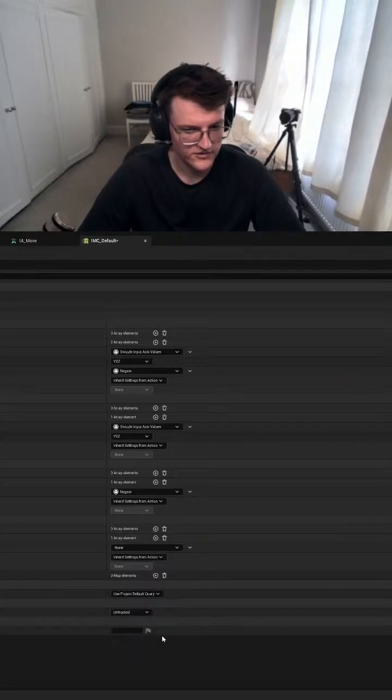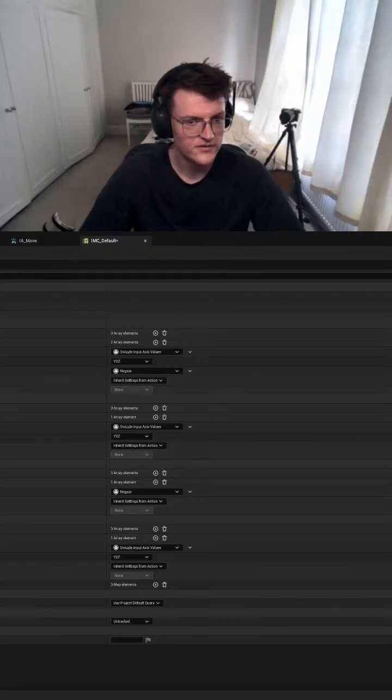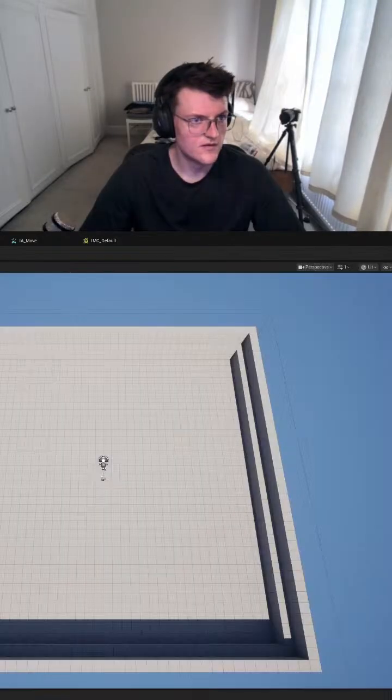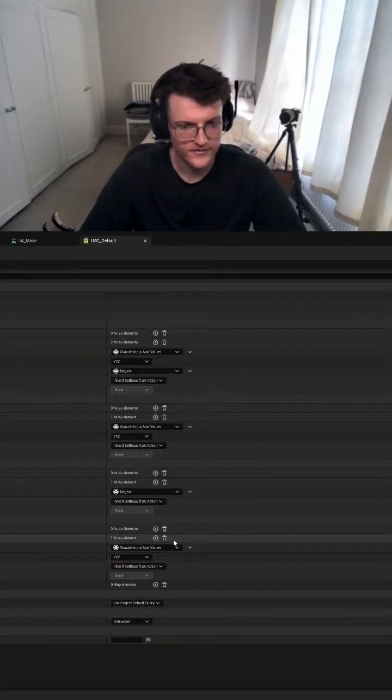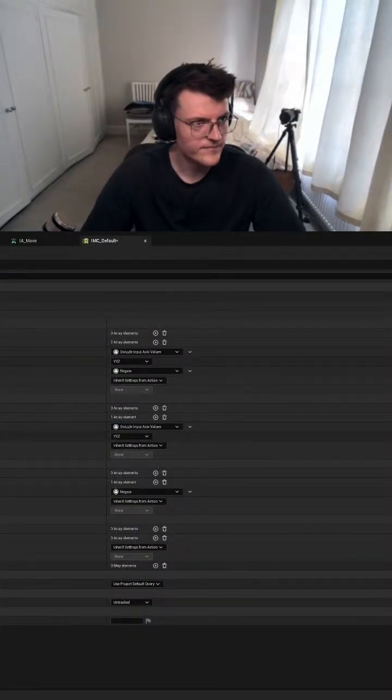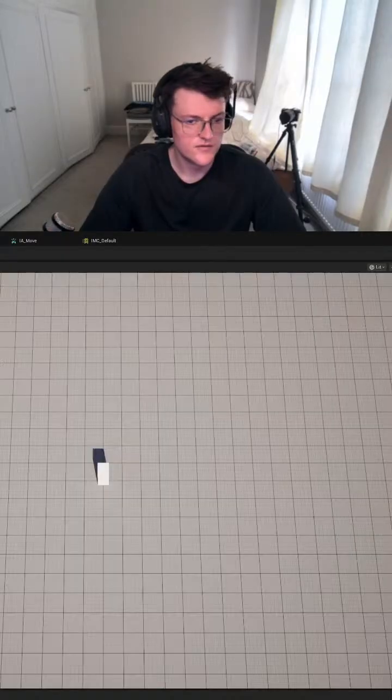What if I did like visual impacts as values here as well? That doesn't work at all. Okay, that definitely doesn't work. Let's delete that. So if we're moving right,